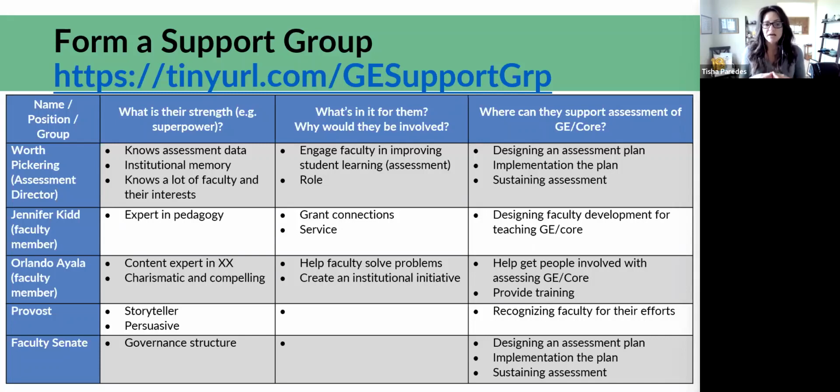She would be great once we got the assessment data to develop some faculty development for teaching in the gen ed or the core, for using the data for improvement, to work with faculty or departments on how to analyze their data and make improvements. She could also come in on the front end and do a norming session on the rubrics. So you only use her at key points in time. Maybe Orlando, on your campus, this charismatic leader, maybe they come in and kick off the Gen Ed assessment committee and lead it for a couple years and then hand it off.